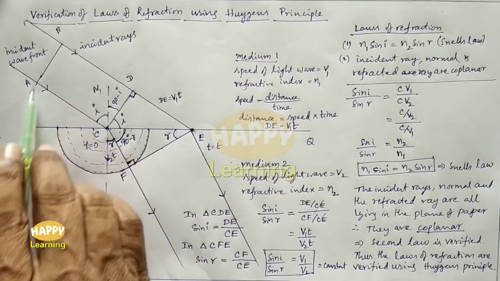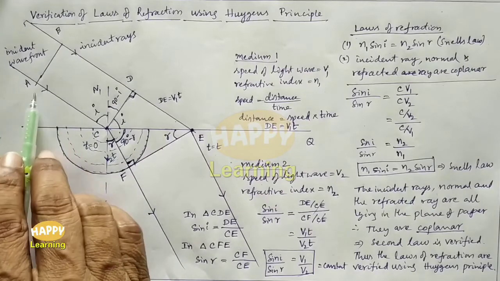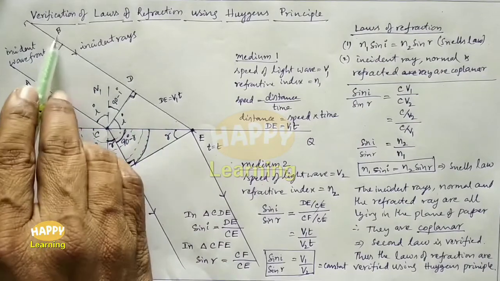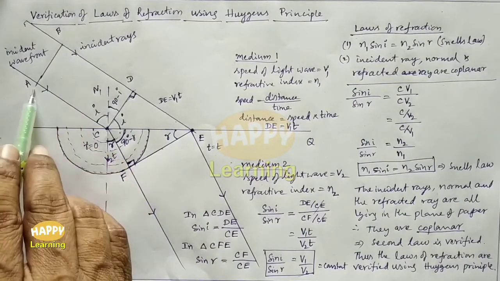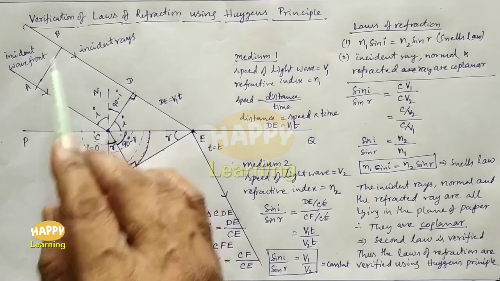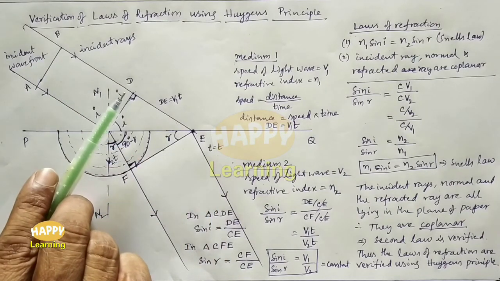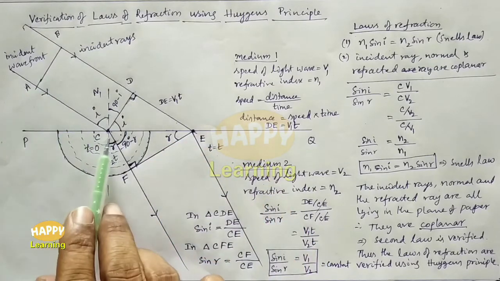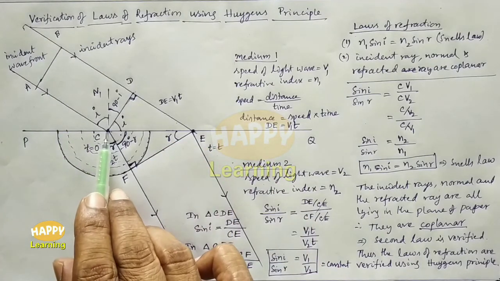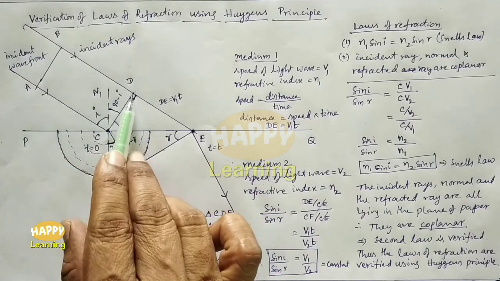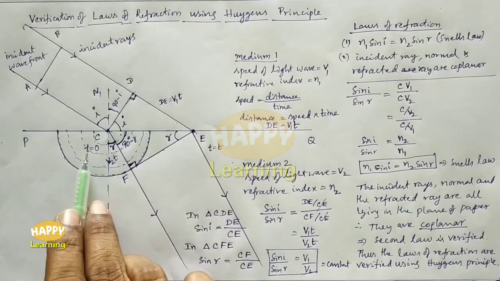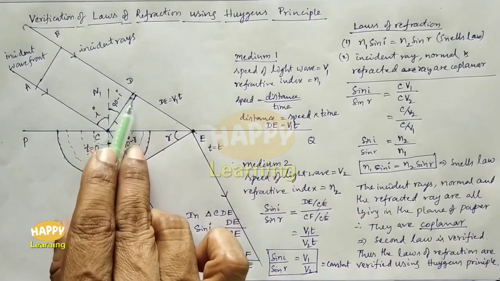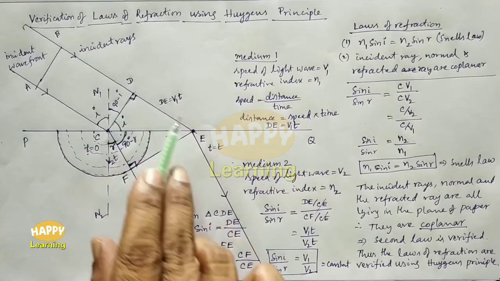We have selected a plane wavefront which is coming from infinity, so this is an incident wavefront, and we have drawn two normal lines, those are light waves normal to this wavefront. This wavefront slowly shifted from AB to CD. When this wavefront touches the interface at point C, the second ray is still at D. It takes a time t. Here we have taken time t equal to 0, here time equal to t. So this second ray takes time t to move from D to E.